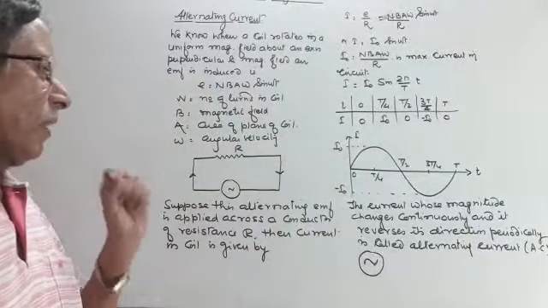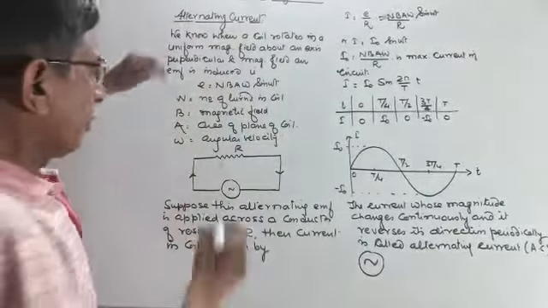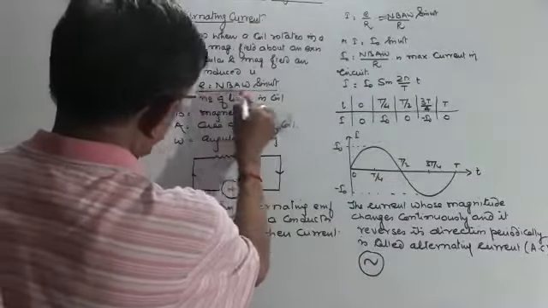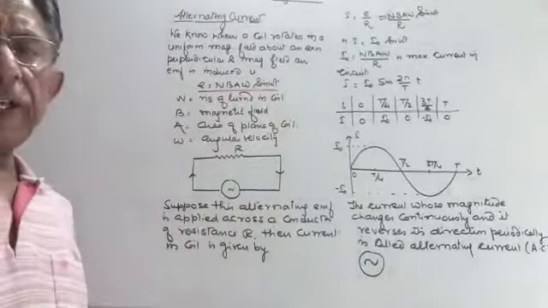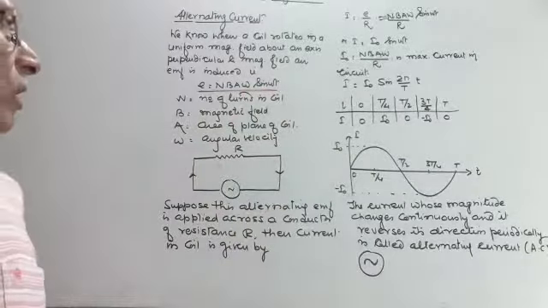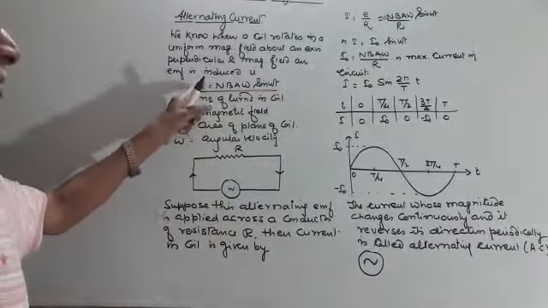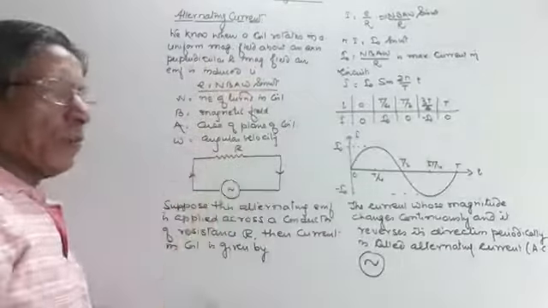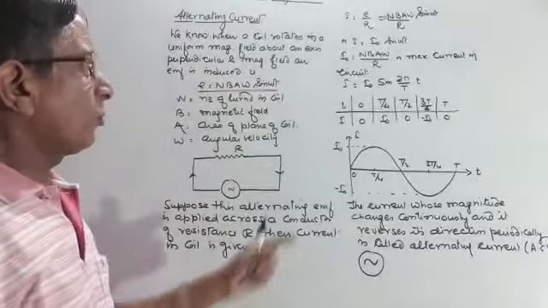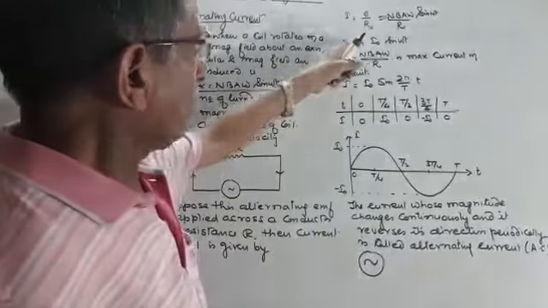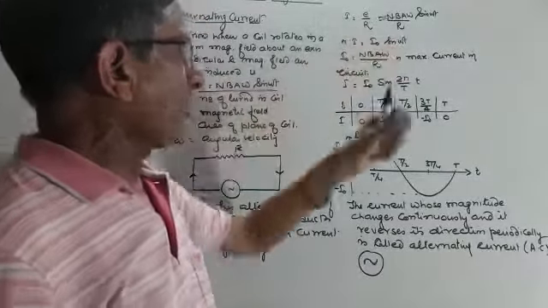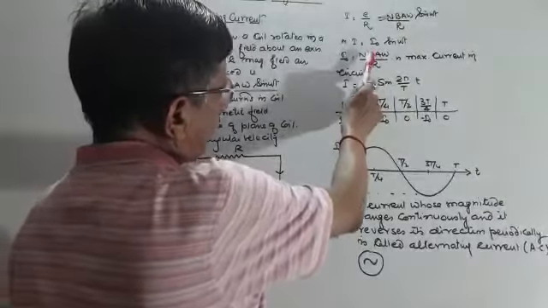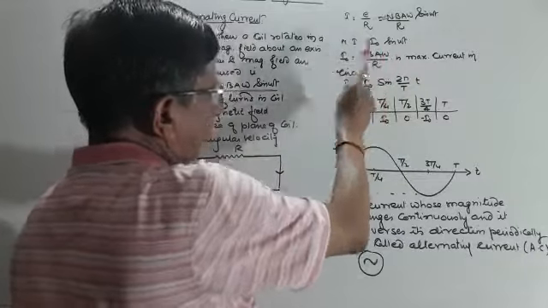So always remember that when this source, this is the source of induced EMF, when a coil rotates in uniform magnetic field, then in the circuit, alternating EMF is produced. When such an alternating EMF is connected across resistance, the current produced will also be alternating. The equation of the current is I is equal to I naught sin omega t. What is I naught? I naught is written in place of NBA omega upon R.